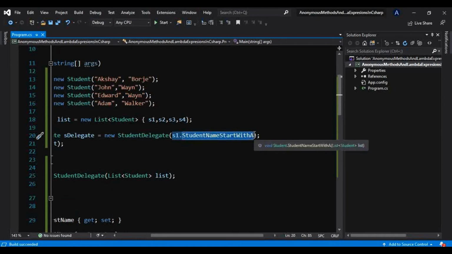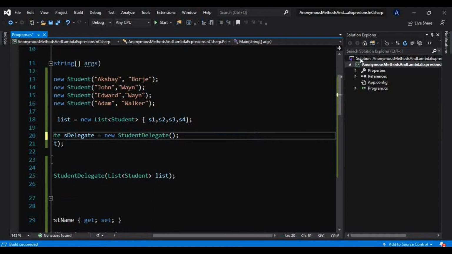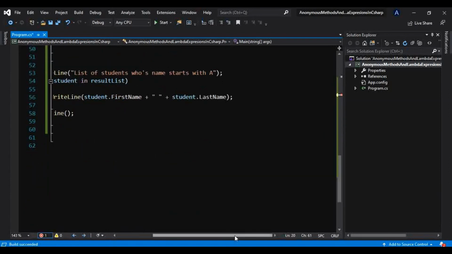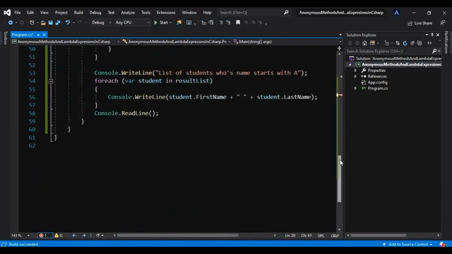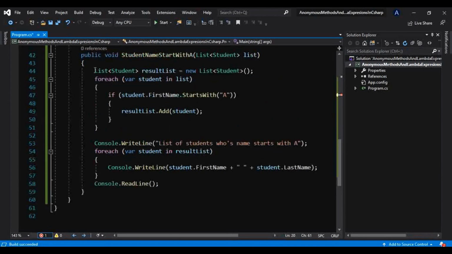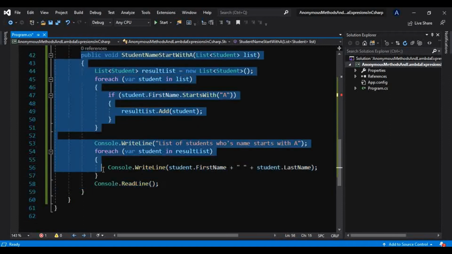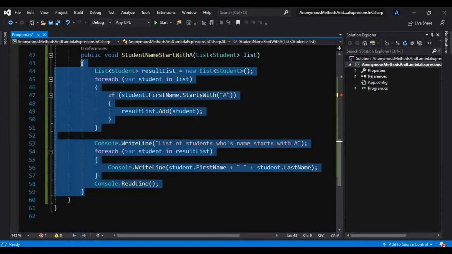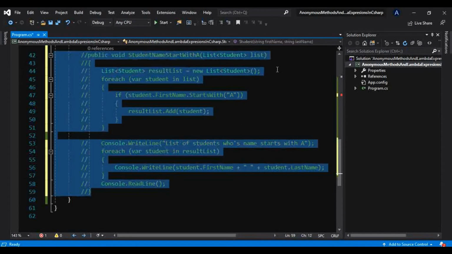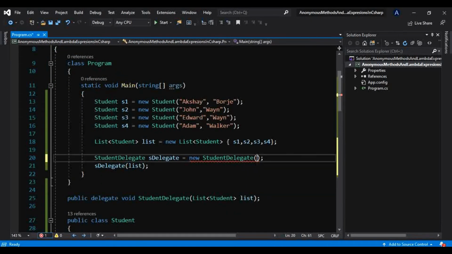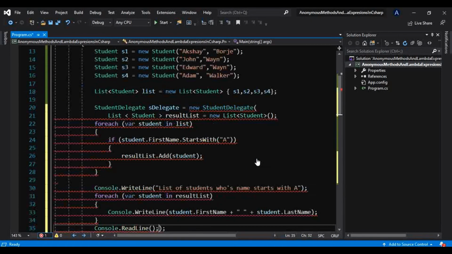Instead of this method being passed here, we can directly pass this logic. So I will copy this logic from here, and I will just comment this method. Then I will pass that logic inside this delegate instance, something like this.